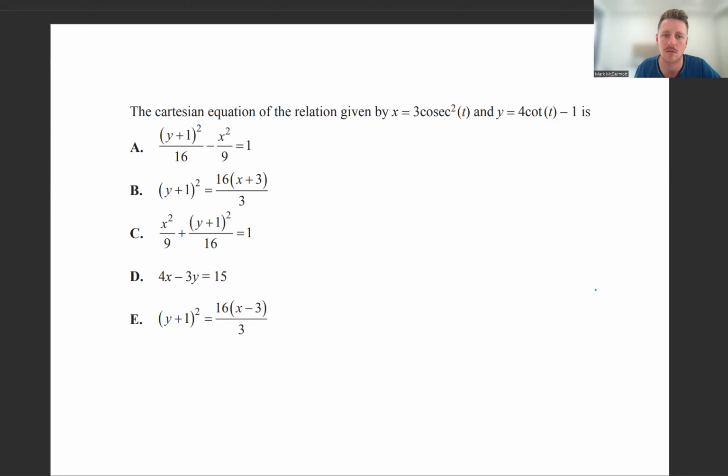What we want to do is use one of the identities that we've learned in another video to help us solve this. A lot of these problems are going to start with the Pythagorean identity, sine squared theta plus cos squared theta equals 1. And as you saw in another video, if we divide everything by sine squared theta,